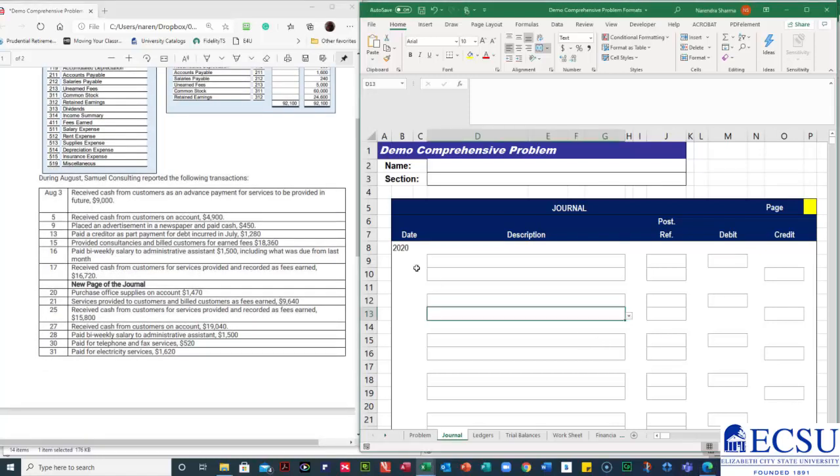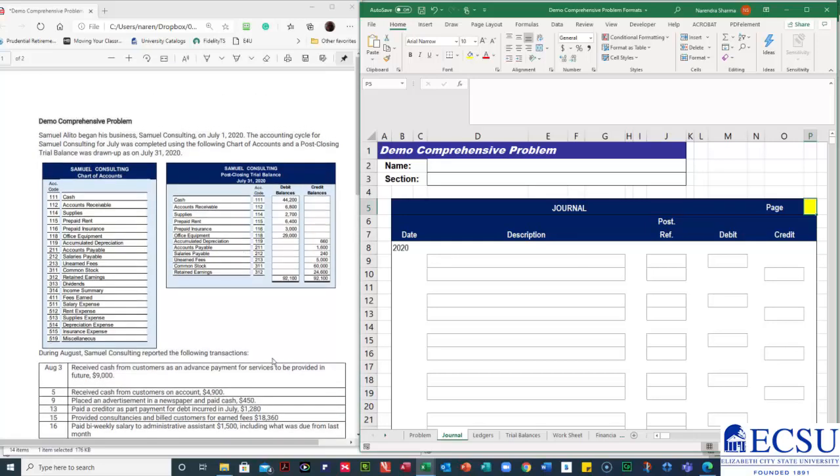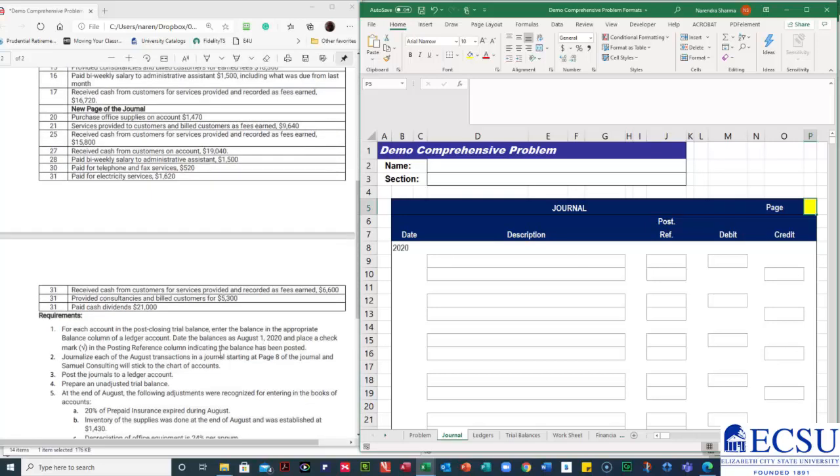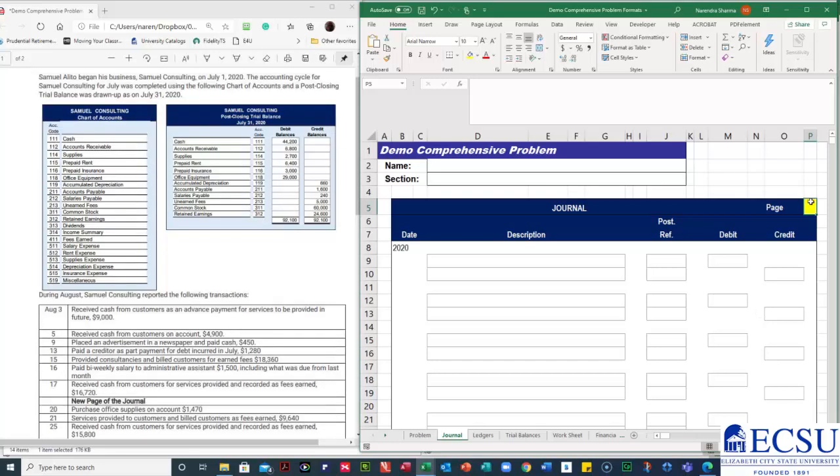So let's start the problem without further ado. Now, the first thing that we're going to do is this is the format. Now, as you can see, we talked about the format. It will have a date column, description or item column, posting reference column, debit column, and credit column. At the top, you'll write the journal, and at the corner, we have a space to write the page. Now, according to the instruction, we are told we'll start on page number 8. So let's start with page number 8. Okay, so I'm writing page number 8